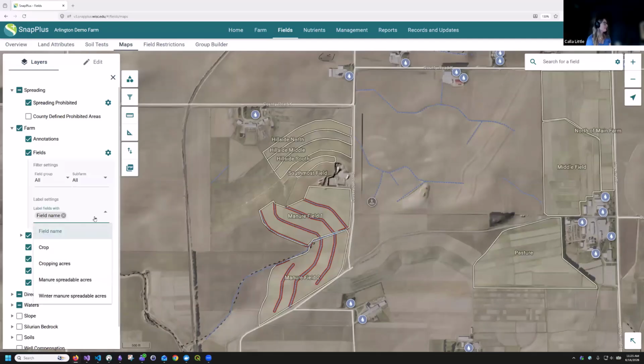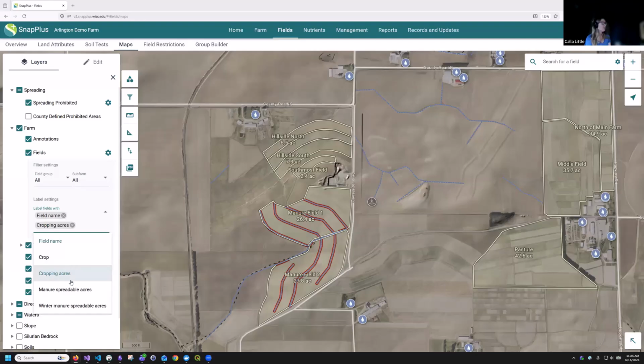You just select the attribute you want to label the field with from this dropdown. Right now we have field name on by default, and then you can do crop, or you can do any of the acres that are visible on the field overview tab. I think the big one for people, or the one that I at least have heard requested the most, are cropping acres. So you just click it, and